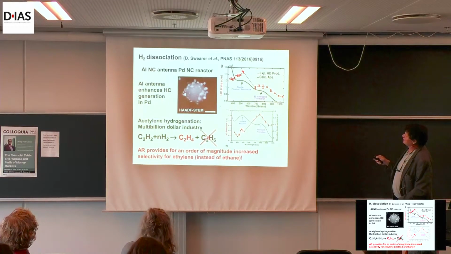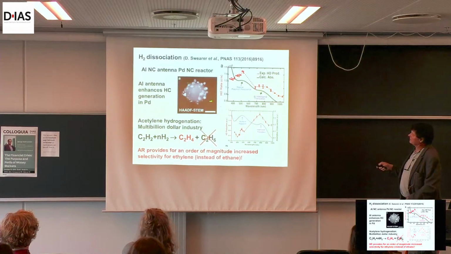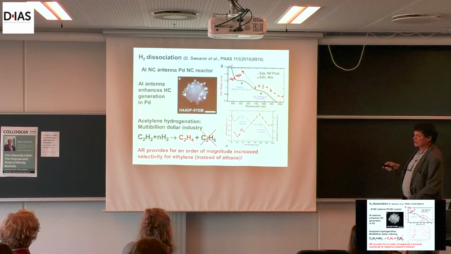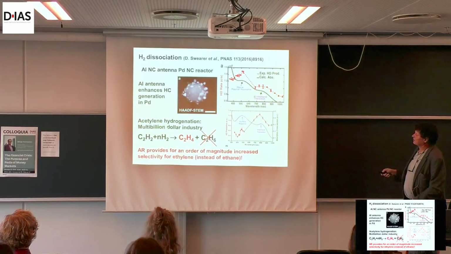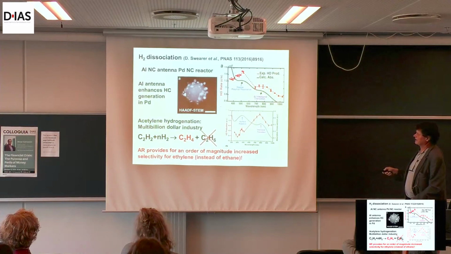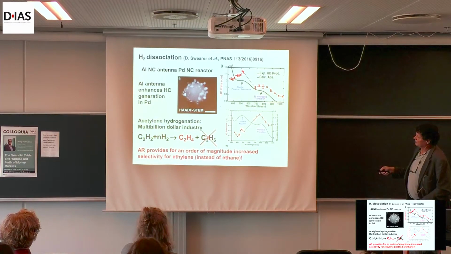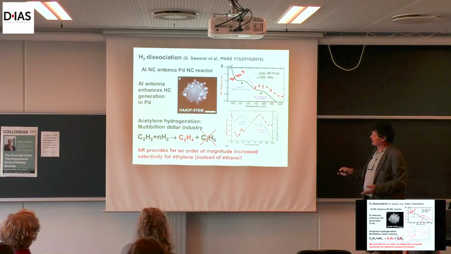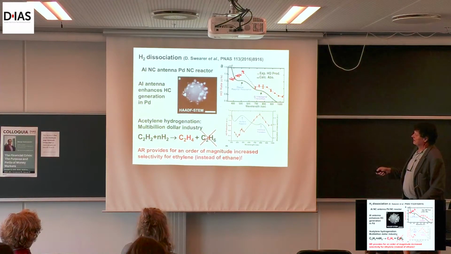The first thing was in 2016. This was an aluminum nanoparticle, not as a disk, it was a sphere, and then we put palladium nanoreactors around it. And what we saw here is that we can get very high selectivity for a chemical reaction called acetylene dehydrogenation. So basically, from this chemical compound, you want to make this, but not this, okay? And doing it on these catalytic reactors increased the selectivity by an order of magnitude to get this compound.